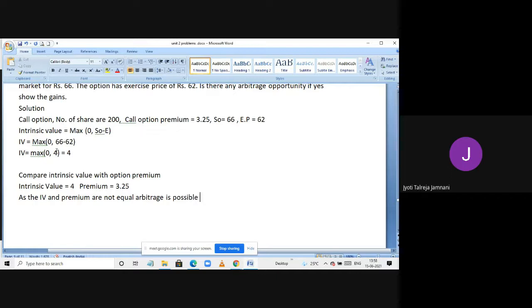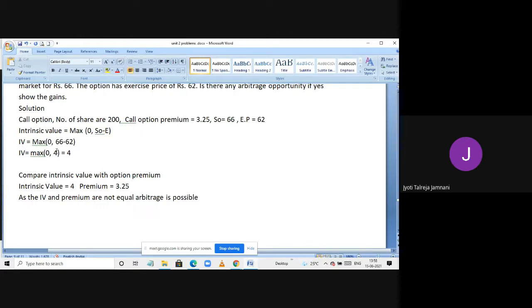Okay, then now if the actual value is 4 rupees, it should be traded for 4 rupees. But it is traded for how much? Only 3.25 rupees. That means the option is undervalued. Are you getting it? Yes or no, ma'am? Okay. So remember this, the profit from the option is 4 rupees, but its value in the market is 3.25. So the market has not valued it properly. It has to value it at 4 rupees or sometimes more than 4 rupees, because there is even time